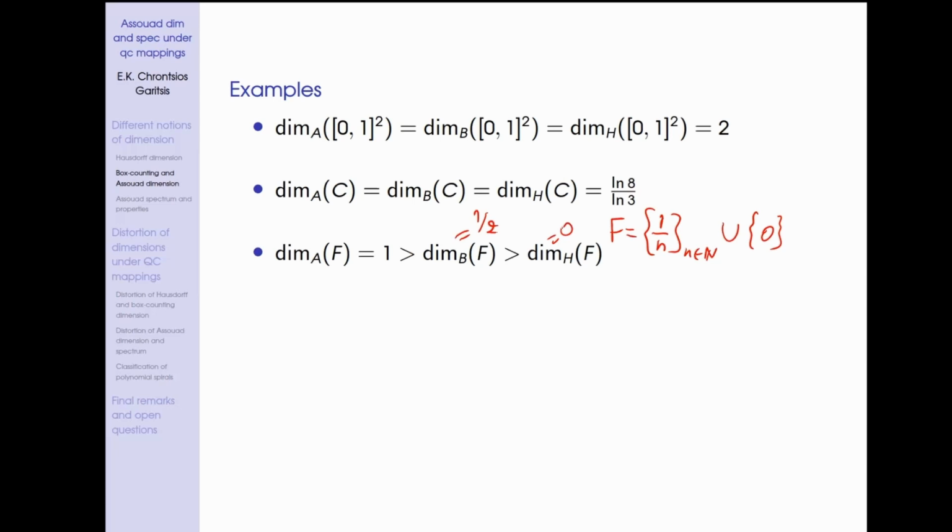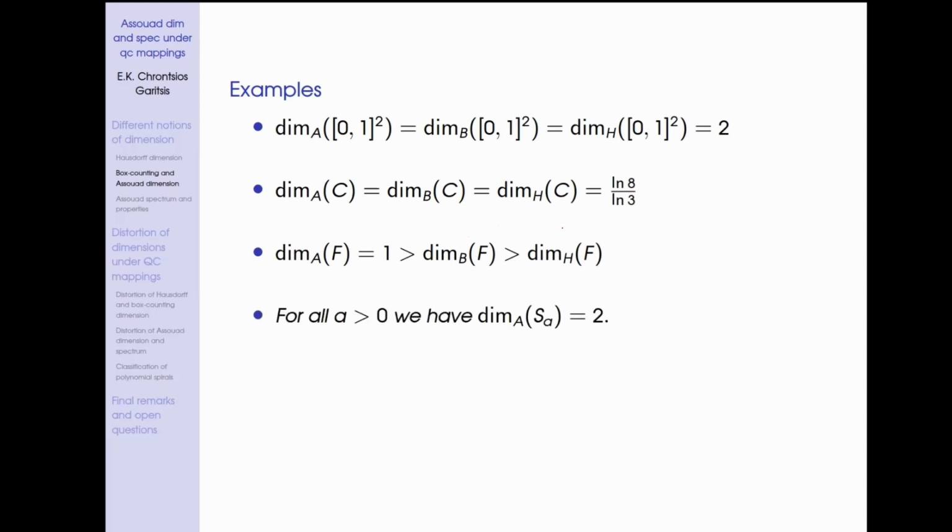And that comes from the intuition I just mentioned before, that if we zoom in a lot at 0, we will start seeing so many points that will need sets of diameter at most a small scale, as many as we would need to cover a small line segment. So in terms of Assouad dimension, this set is as if it has some length.